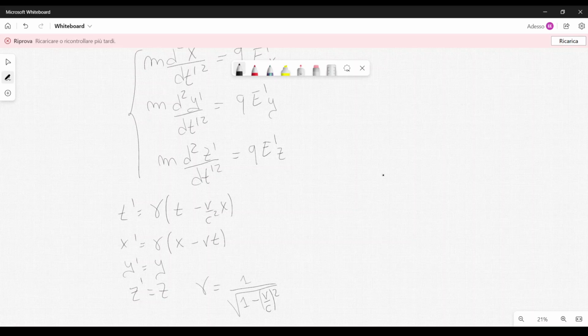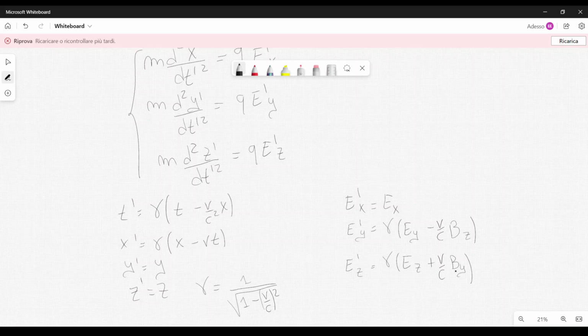And we also need the electromagnetic field transformations that I discussed in a previous video. I'm not going to derive them here, but we know that E prime x is equal to Ex, so the x component of the electric field is the same in both reference frames, K prime and K. Then we have E prime y equal to gamma times Ey minus v over c Bz. Then we have E prime z equal to gamma Ez plus v over c